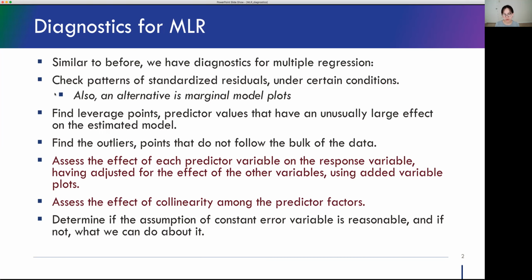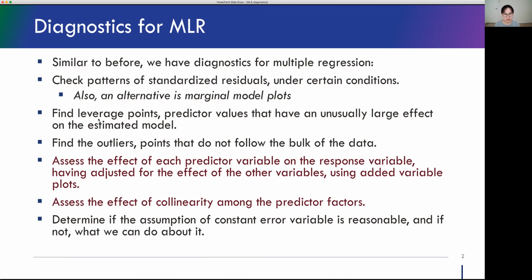If you remember, we would check the patterns of the standardized residuals, but for multiple linear regression, there are certain conditions that have to be met in order to use standardized residuals for diagnostics. An alternative is to use marginal model plots, and we'll talk about this probably at the very end of